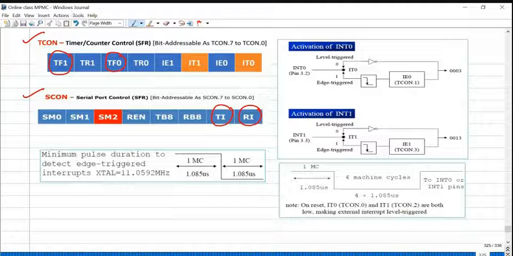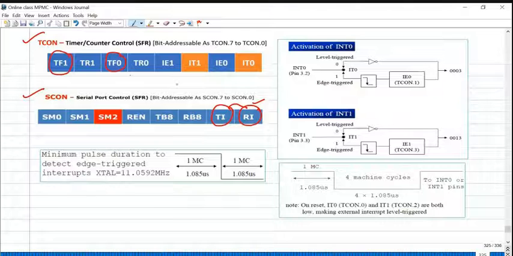These two timers are considered separately, because timer 1 is separate, timer 0 is separate. So 1 plus 1 is 2, and this one is 3. The transmit and receive interrupts are combined together and considered a single interrupt. So 3 internal interrupts. This overflow flag will be set whenever the timer reaches the maximum count. Suppose it is an 8-bit timer: if it reaches FF, on applying the next clock pulse, TF0 will be 1 for timer 0. Similarly for timer 1.